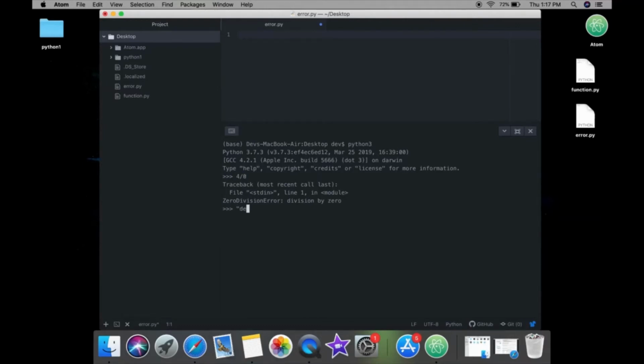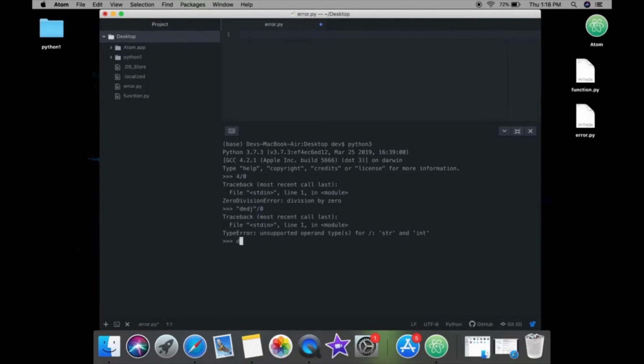If you try to do something like divide a string by 0, then you will get an error, but this is not a zero division error. This is going to be a type error because here you are dividing two different data types. You cannot divide a string by a number. As I have told you, Python goes from line to line. It first considers the first things and then the second. So before evaluating the 0, it finds that the data types are of different type,